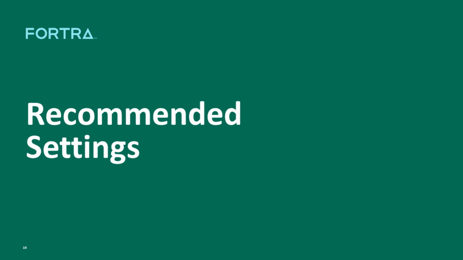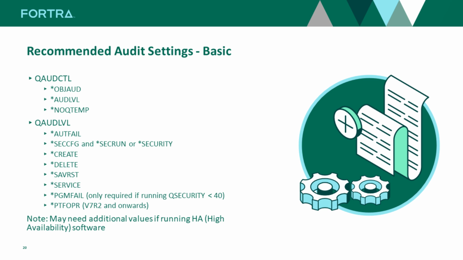So, recommended settings. How do you get started with this? How do you know where you're at? Our recommended settings are really having all three of those eligible values in QAuth control: object auditing, looking at the audit level, and no QTemp, eliminating that noise. If you can handle the activity in QTemp also, by all means, you can leave that one off. And then for the key ones in audit level, and this is a little bit of a repeat, but